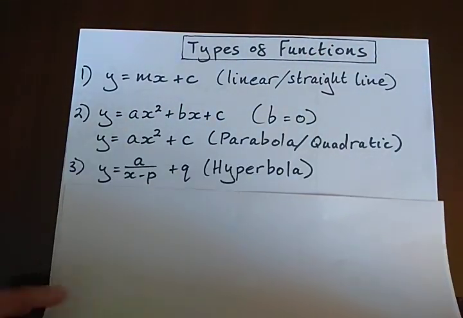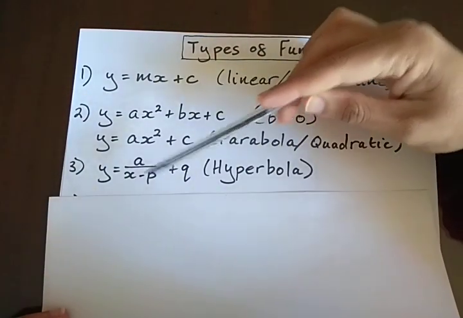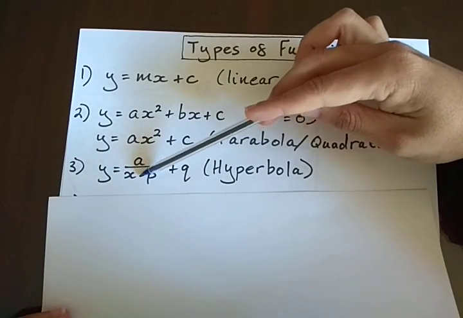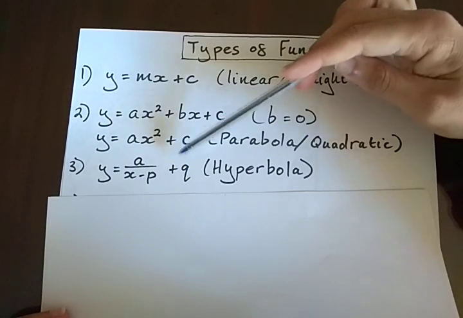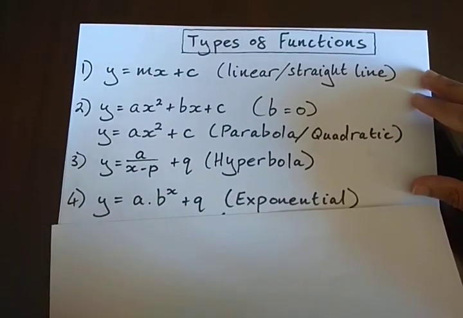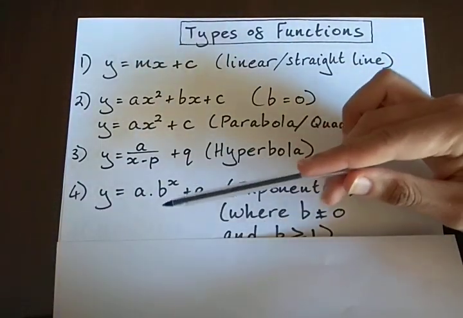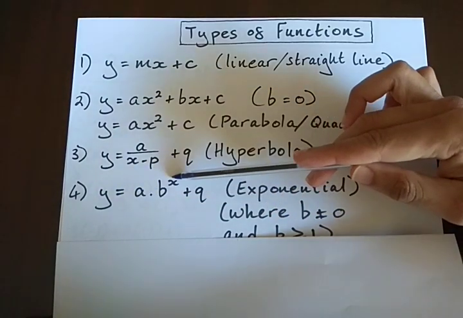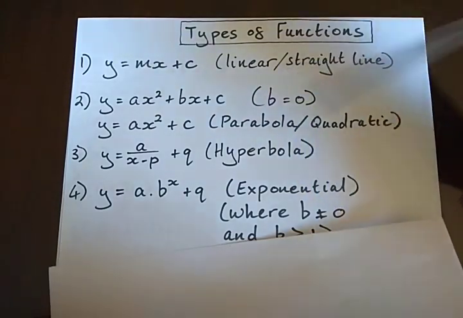The third function is known as the hyperbola, and this equation reads as follows: y is equal to a divided by x minus p, plus q, where p is known as your horizontal shift and q is known as your vertical shift. The last equation is known as the exponential function, where the equation reads as follows: y is equal to a multiplied by b to the power of x, plus q, where b cannot be equal to 0 or